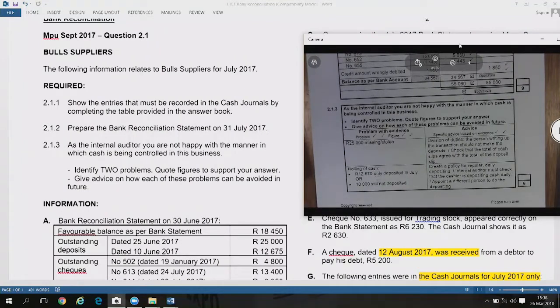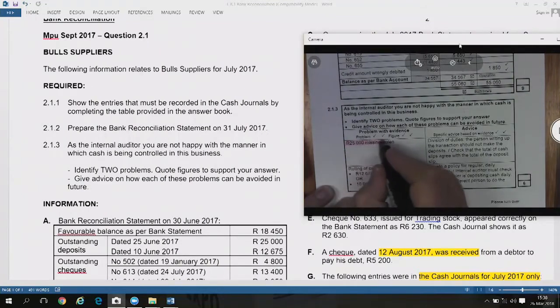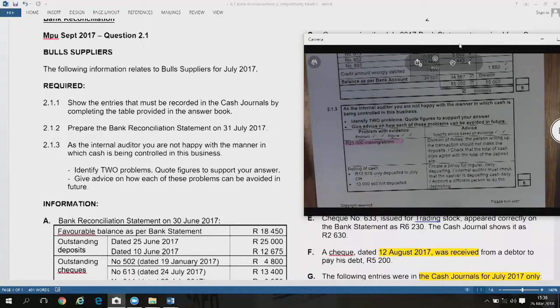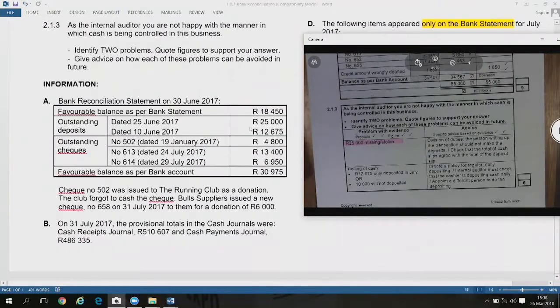25,000 Rand that's missing. That is the first problem there. So they will give you 1 mark for the problem and 1 mark for the amount. And the next problem, if you look at your bank recon of the previous month, is that the